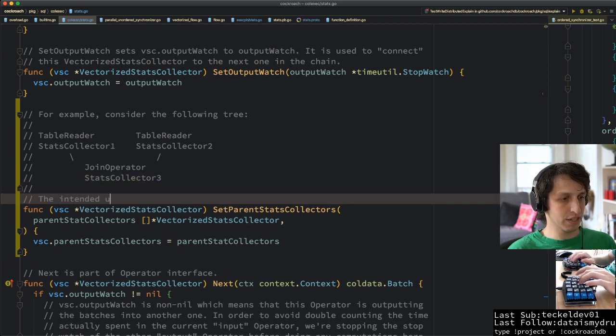The intended use of this method is to call set parent stats collectors